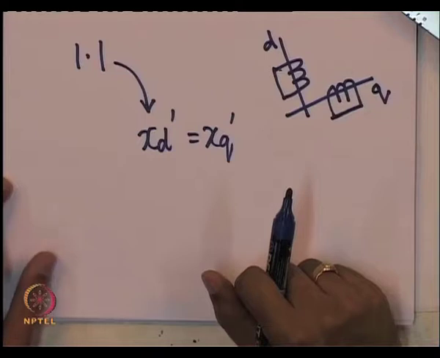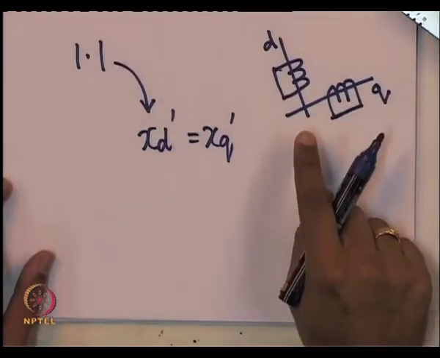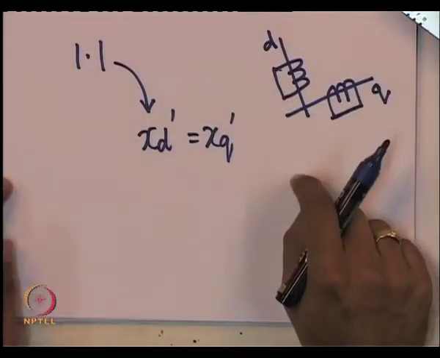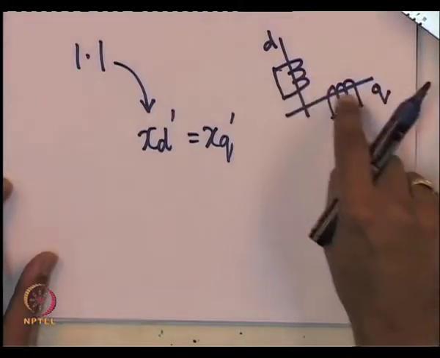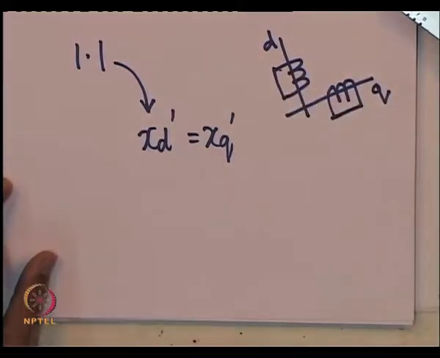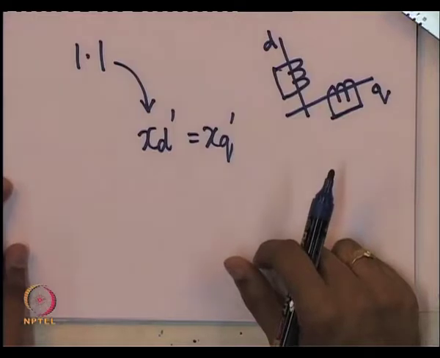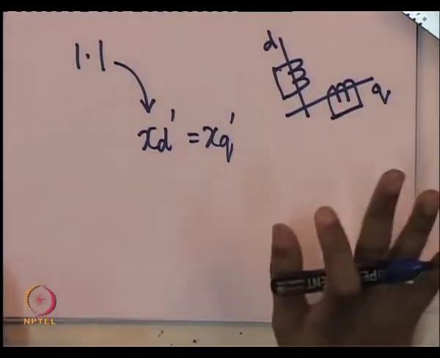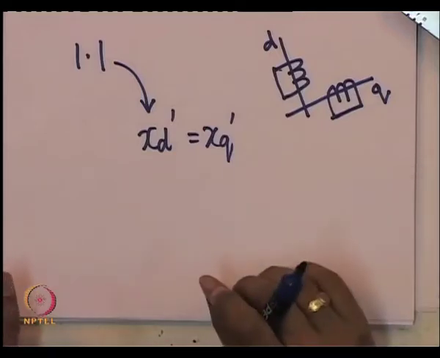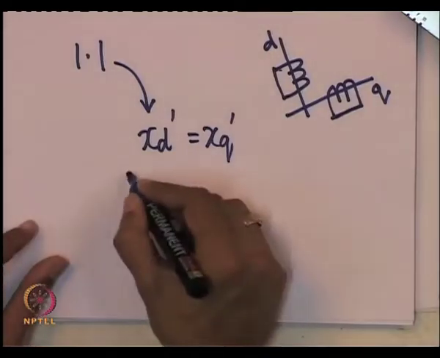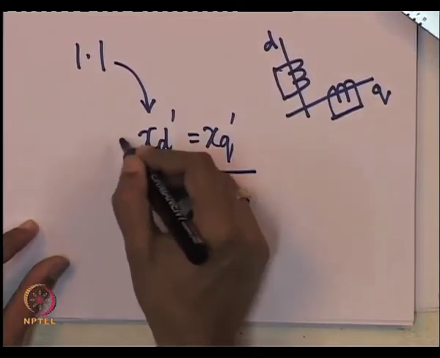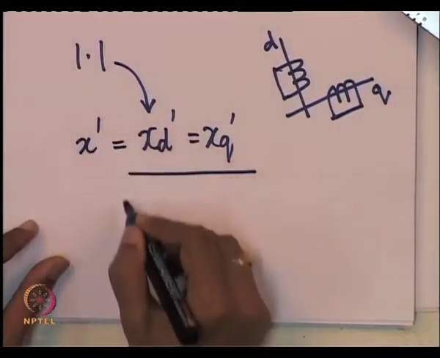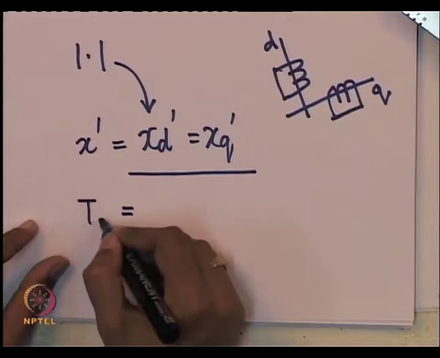Remember, an induction machine does not have any field winding. These windings are absolutely symmetric. If you look at a normal induction machine, both the d and the q axis appear similar; there is nothing to distinguish a d and q winding. So, you need to set this, I will call it x dash, and what you need to do is, of course,